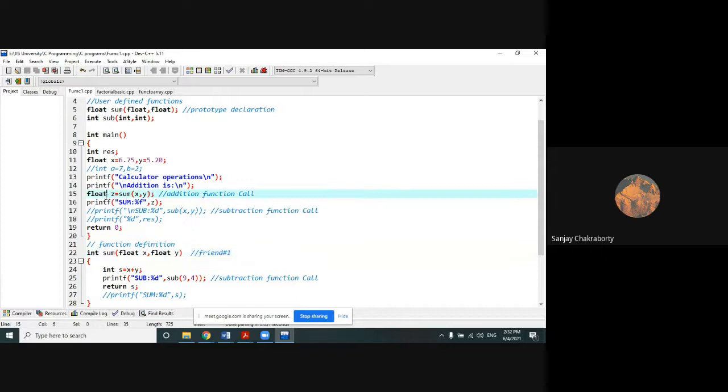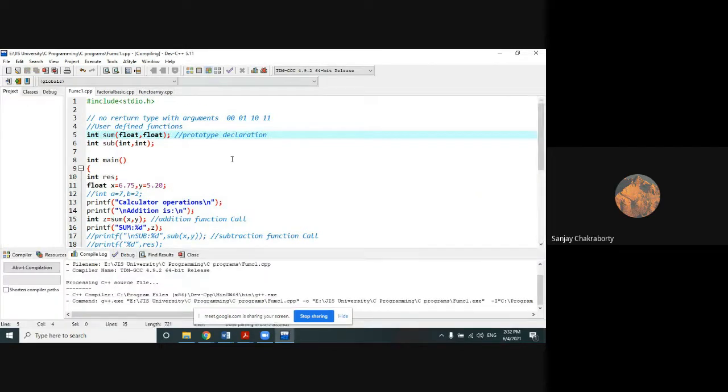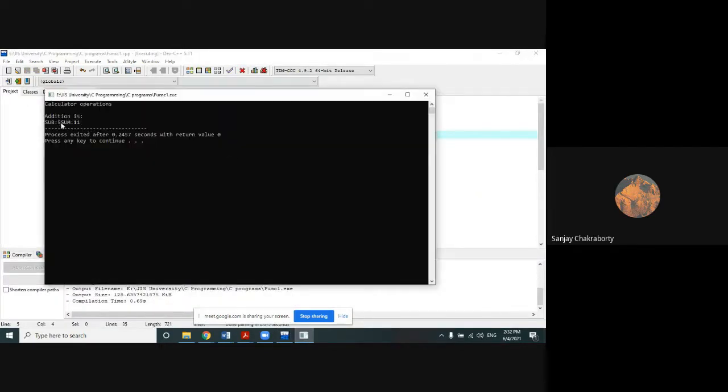So here, instead of float z, I am using int z because it will return an integer type, and that's why the value will be int z. And here I am printing d, and here the return type will be integer. Whether it is possible or not, let's check it out. Okay, it's possible, but what is the problem? It's illogical. It's obviously illogical, and it is not giving the exact value as output. Yes, it will actually round off the value that you have received after the decimal point.